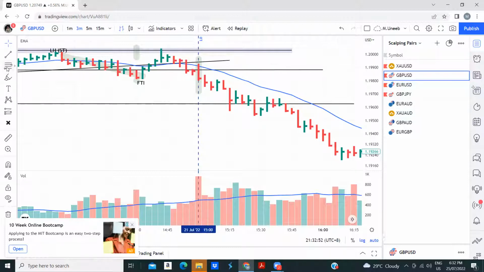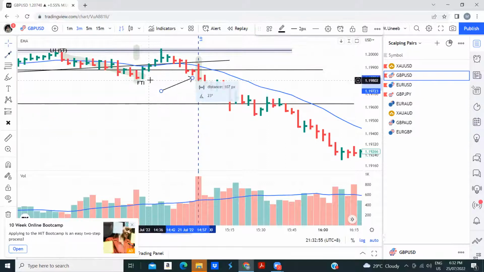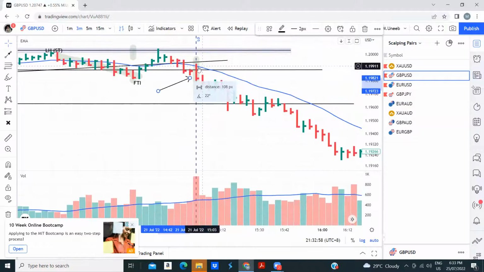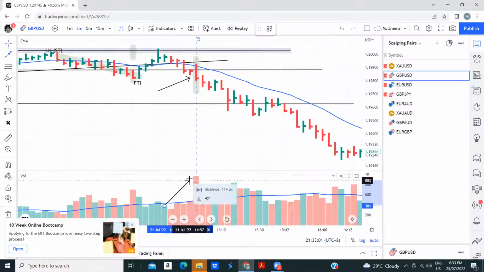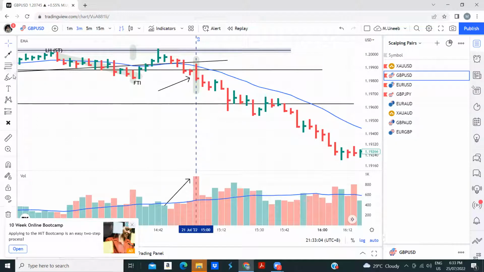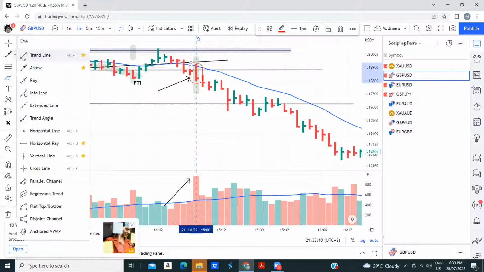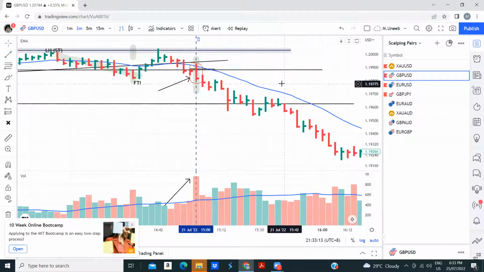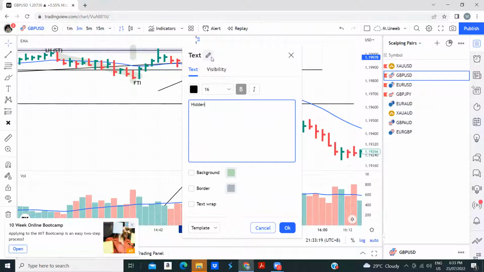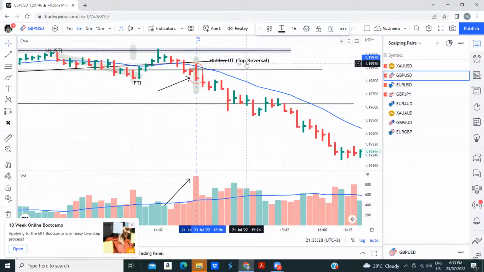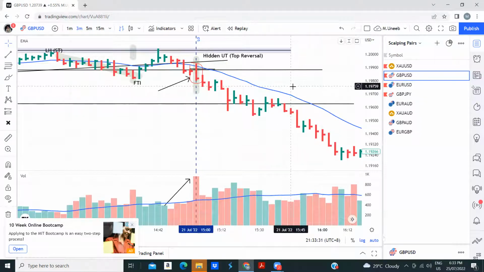Okay, and what do I see exactly at London Open? Again, a break of this AR line, FTI on very huge, increasing volume, you can see. And you see this bar. What kind of bar is this? Is it an entry bar or not? I told you about this bar yesterday. What bar was it? Hidden upthrust. Hidden UT. We also call it what? Top reversal. Opposite of key reversal. Right? Top reversal is the opposite of key reversal.